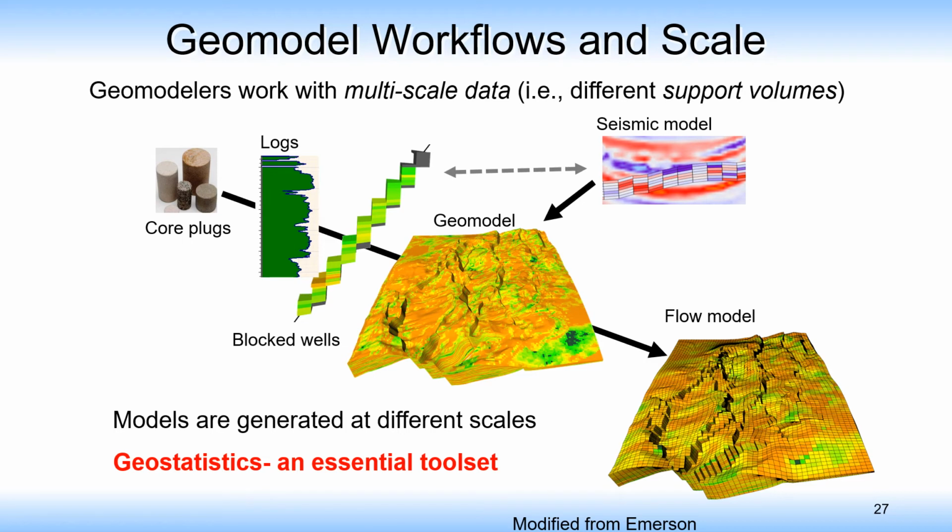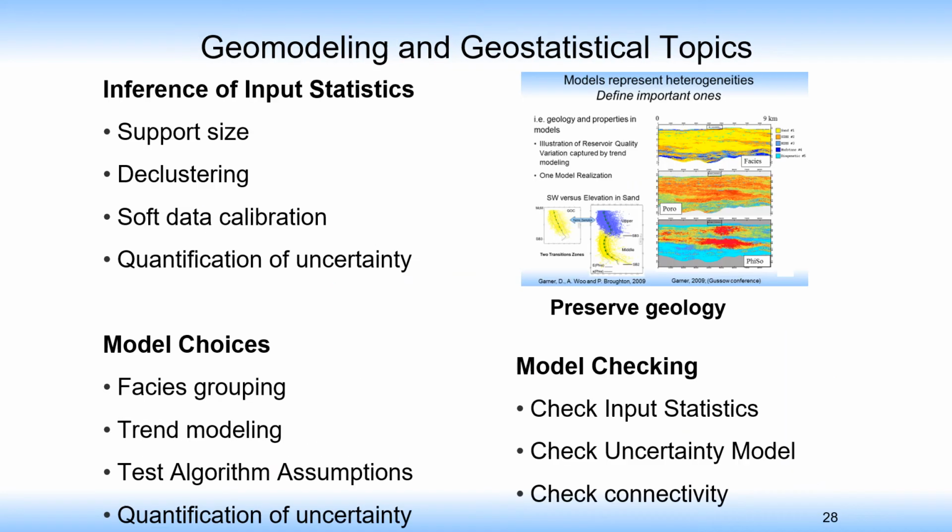Seismic is often a larger scale and needs to be regridded or turned into probabilities. And then the geomodel and ultimately a flow model, which may be a larger or different scale, might be even smaller. So geostatistics is essential to addressing scaling issues in theory for averaging and non-averaging parameters. And there are other topics, I